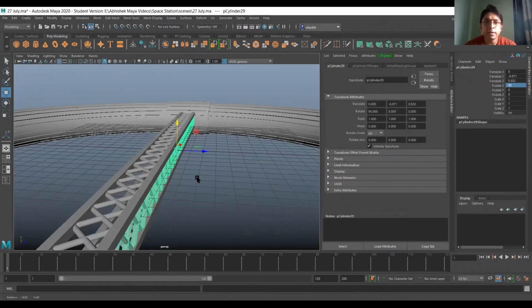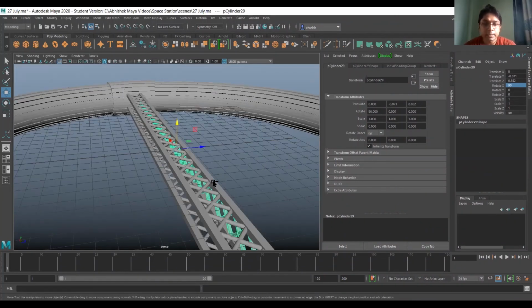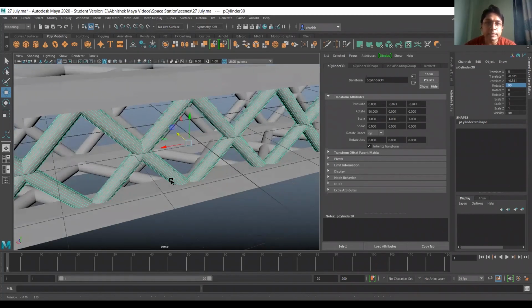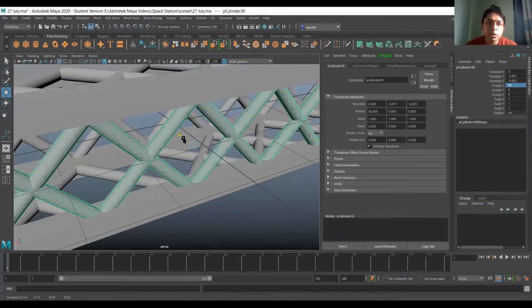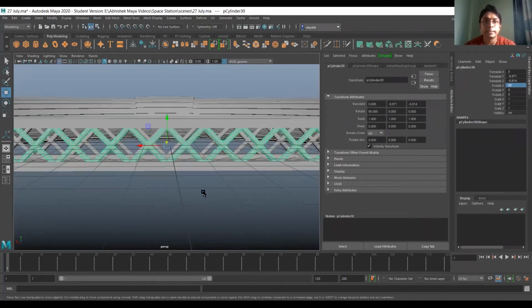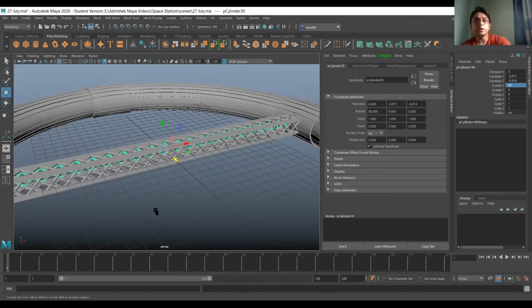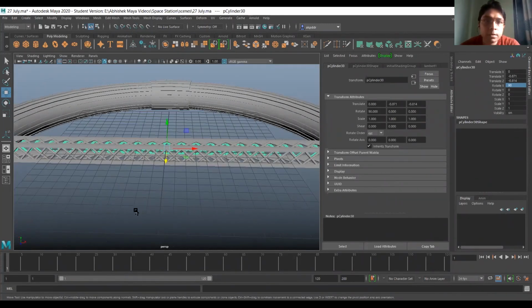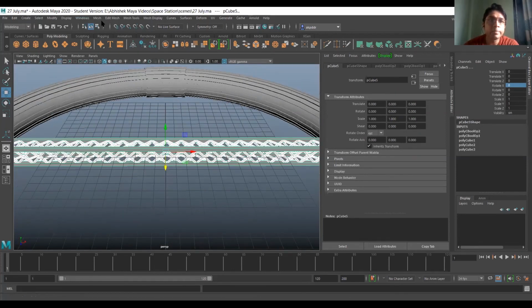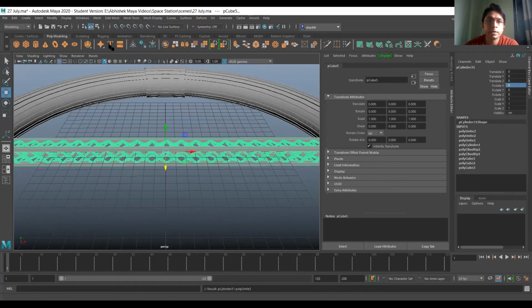Now I will duplicate this, Control D, and bring it to the other side as well. Again, the placement is necessary, so make sure it is properly placed. Nice. So you have completed your crossed cylinder. Select everything and click on mesh and combine.